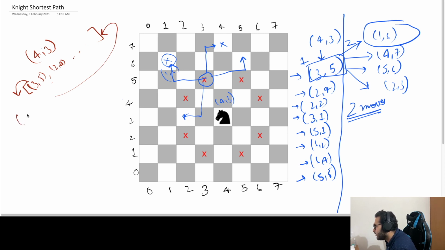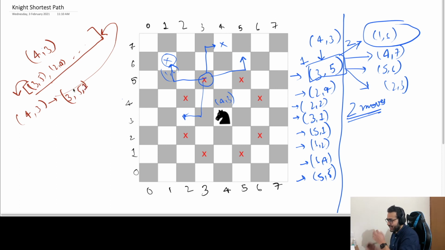So we can say we have reached 4 comma 3, then we list all the possibilities that we can go to from 4 comma 3 which are valid, and then in 3 comma 5 we do the same thing and push them in the list. Also, while pushing, we can have a third property in the tuple, which can be the distance. So whenever we take something out from the list, we add 1 to its distance for all the points we can visit, and we push them back to the list.